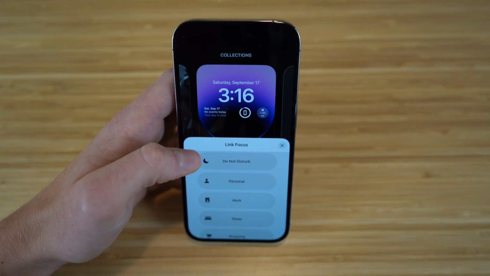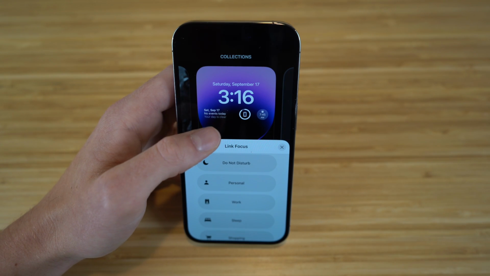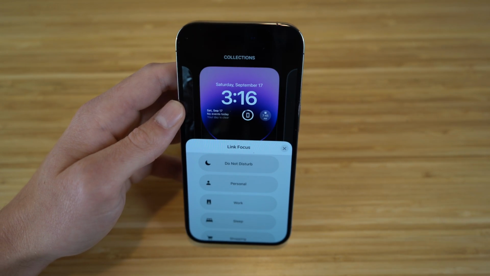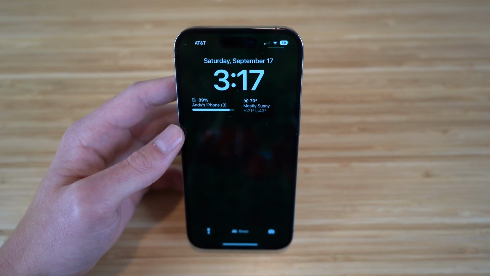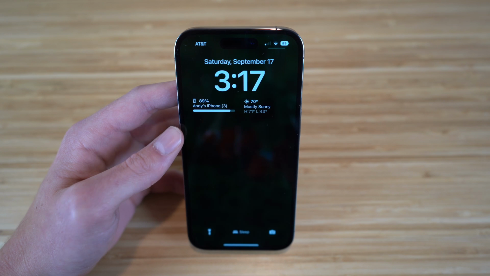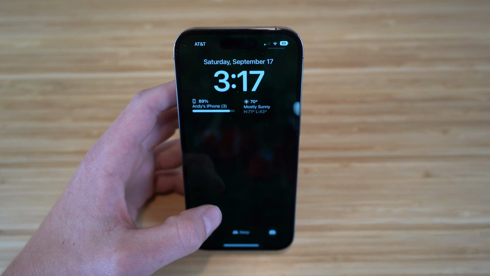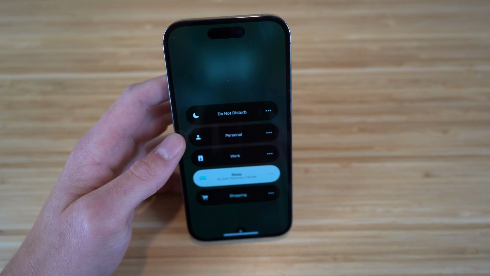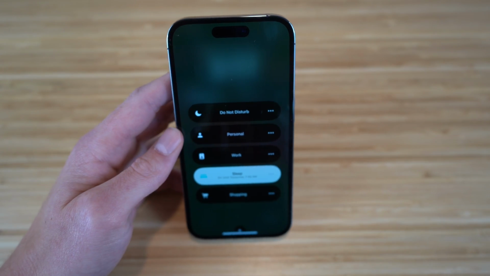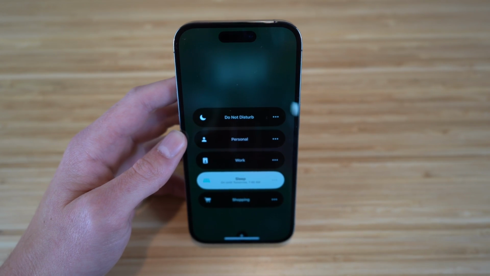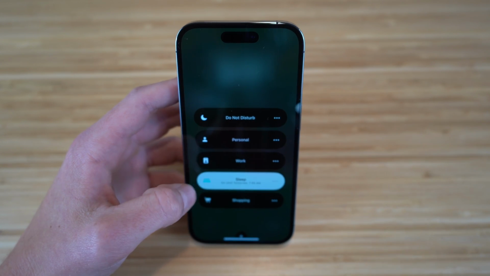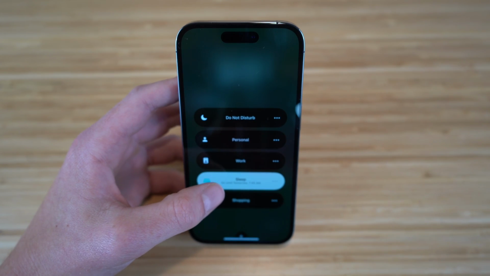I'm going to turn this off for now. But whenever you want to link a focus mode, just know you can do that with the lock screen if you have your phone updated to iOS 16 on your iPhone 14. And for sleep mode, as you saw, I linked this specific lock screen with sleep mode on my iPhone 14. And if you click this icon right here, you're going to see I have sleep turned on until tomorrow at 7:45. Now, I only turn this on at night, so when it actually comes to 7:45 a.m. in the morning, it'll actually shut off sleep mode and my phone will be back to normal with its normal screen,